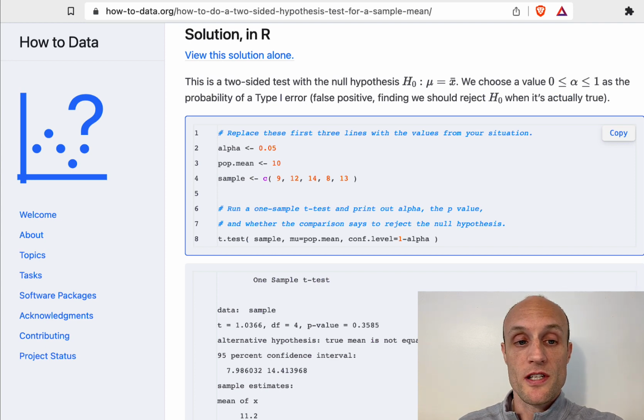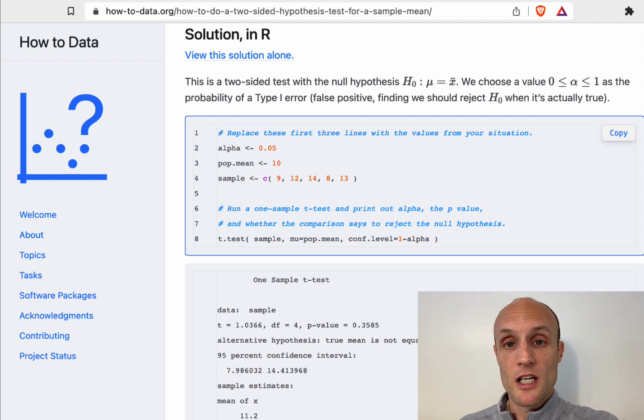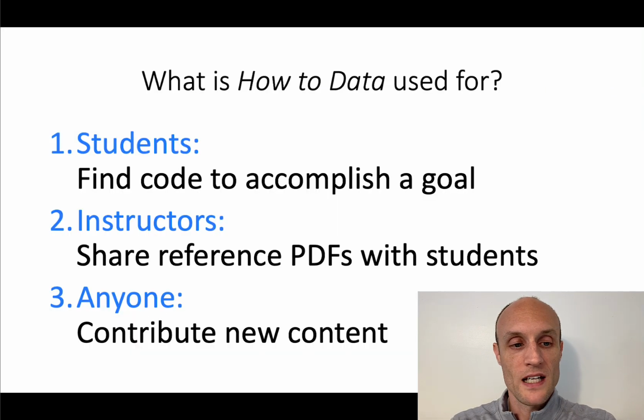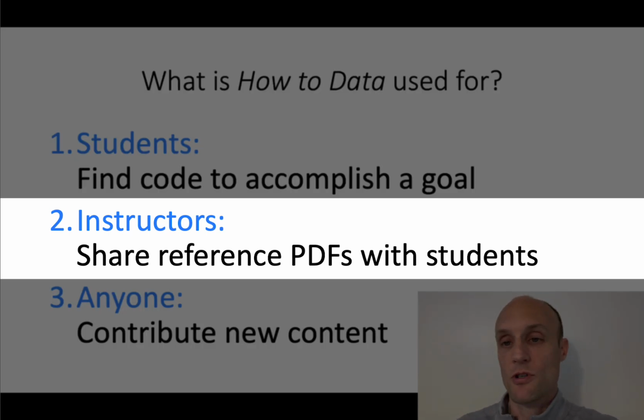Every one of the solutions on the site has been proofread by a math or stats professor, and the code gets rerun every time the site is built, so these solutions are more trustworthy than a typical thing you'd find by a web search. As a second example, let's say you're a professor teaching a data science course in Python,